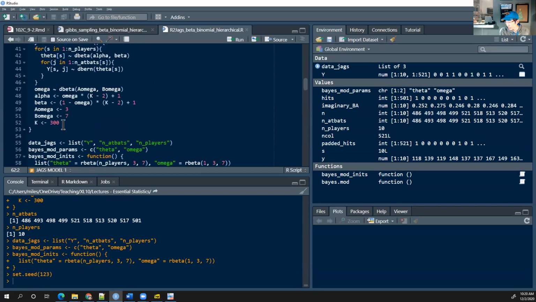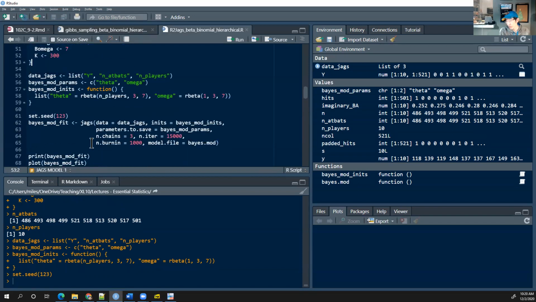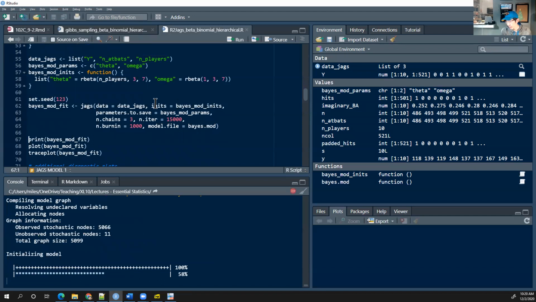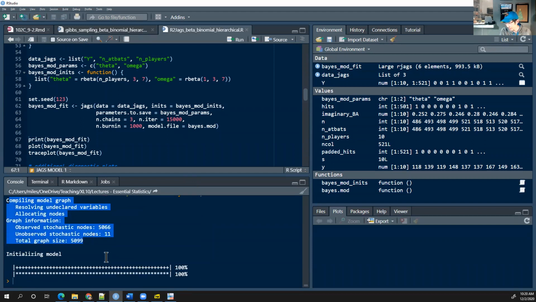So we just have to specify the model. I think it's easier just to specify the model this way than to try to factor out all of the different conditional distributions. So I'm going to go ahead and do this. And it goes and it runs, and it tells all sorts of stuff. It says compiling model graph and all sorts of other stuff. And the values,